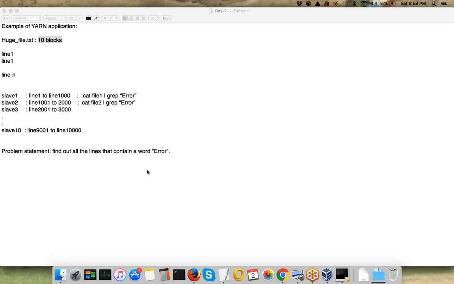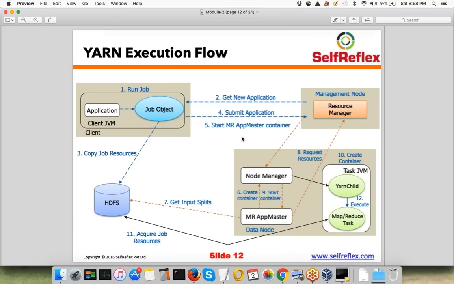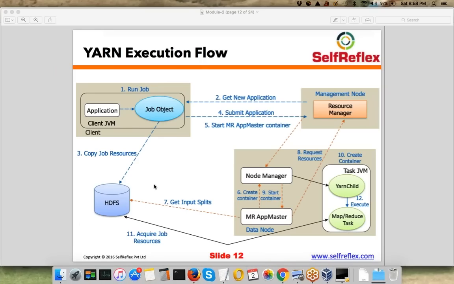So before that, guys, you understand that, right? Why does it try to find a container on the node where data is present? Because if it finds a free container on the node where data is present, your data does not need to move across the nodes, which means your processing is going to be fast, right? If you run your process on the same node where your data is present, your data will be processed faster. If you run your process on a different node, then you will first have to transfer your data to that particular node, and then process that data, right? In other words, you are reading data from a remote machine, and that will be slow. If you are reading data from a local machine, that will be fast.